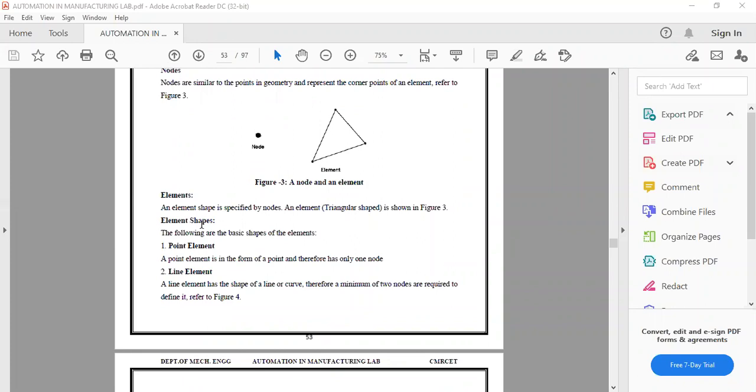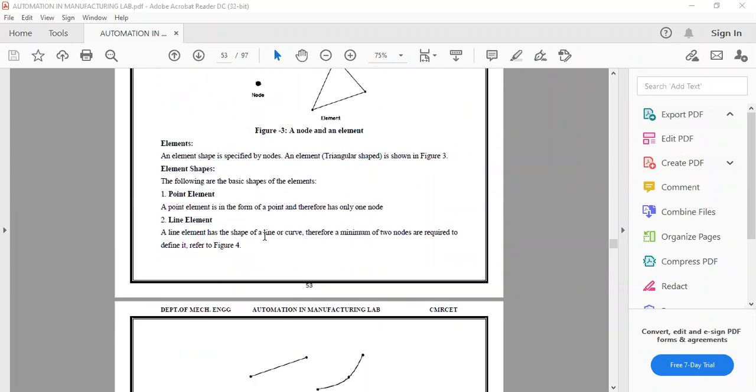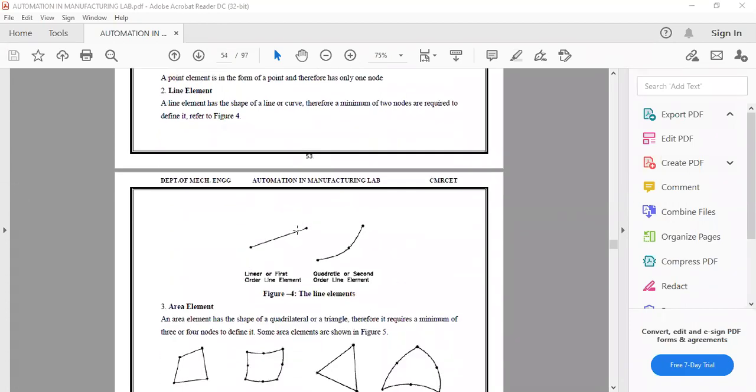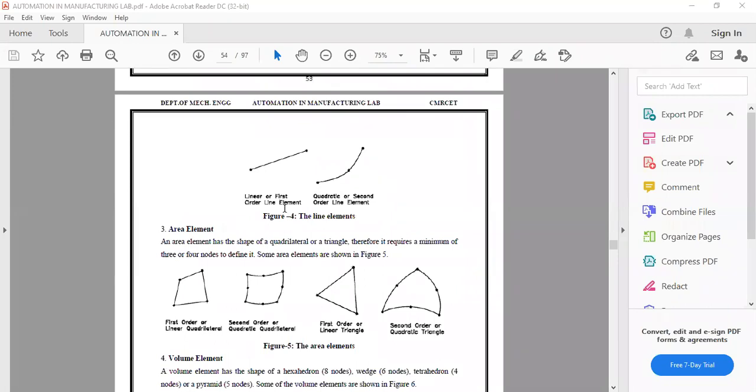Element shapes: we have different elements, point element, line element, like this. First order and second order. If you have only 2 nodes at the extremes, then it's first order. With 1 in the middle, used for more complicated cases, we call it quadratic or second order.